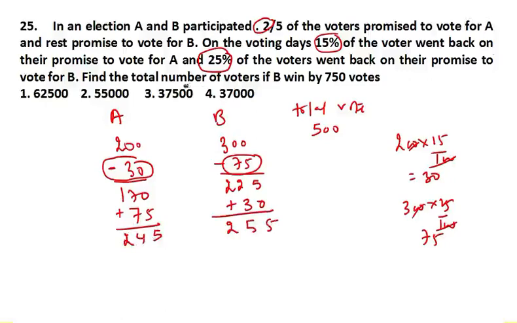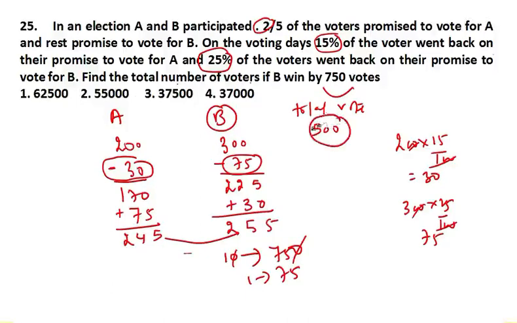And at the last it is saying, find the total number of voters if B wins by 750 votes. B wins. Okay. Here their difference is how much? Their difference is 10. And in the question it is given their difference is 750. So 1 represents 75. Find the total number of voters. Total number of voters is 500. So just multiply this by 75. 1 represents 75, then 500 will represent